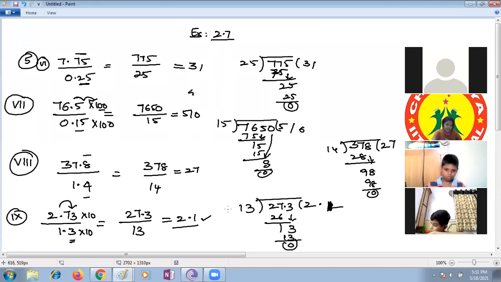And the sixth question is: a vehicle covers a distance of 43.2 kilometers in 2.4 liters of petrol. How much distance will it cover in 1 liter of petrol? The answer is 18 kilometers, ma'am. Exactly. Here, first we should do the problem, and again somebody may be confused. It is only one application sum we have, and that also is very simple, children.